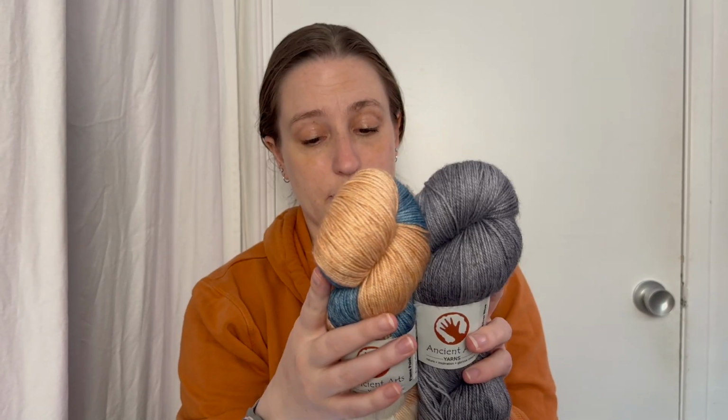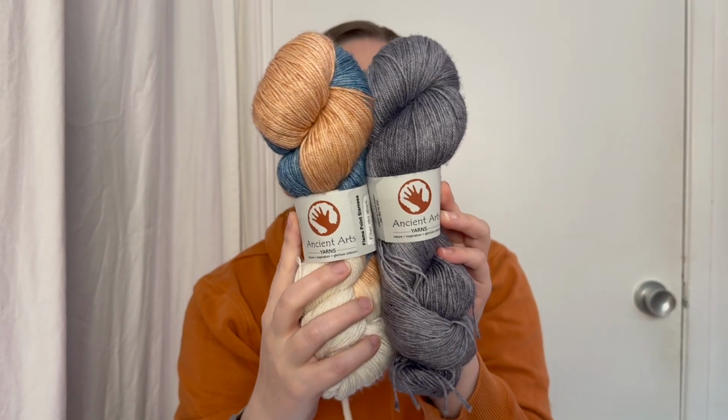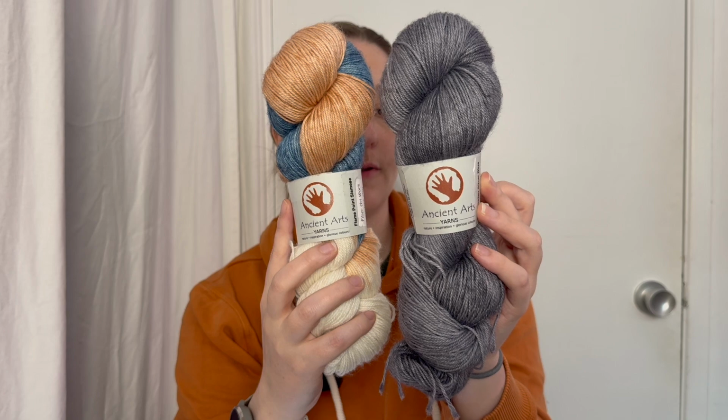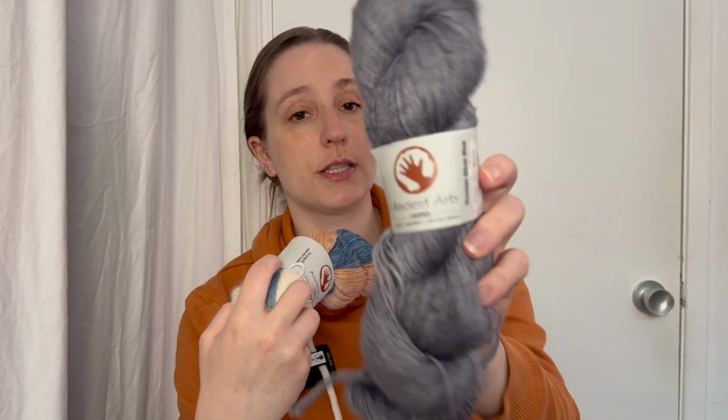Also at Fiber Artwork, I bought some Ancient Art Yarns Little Nettle Soft. So this is a yarn out of Canada, actually. I believe the Calgary area. And Little Nettle Soft is 68% superwash merino, 32% nettle fiber, and it's 385 yards or 350 meters per 100 grams. And I got the colorways Russian Silver Blue